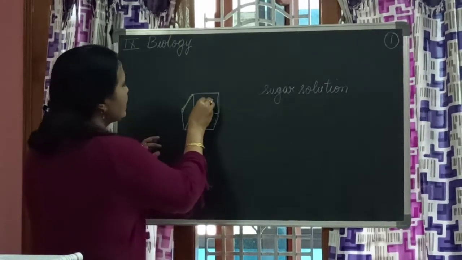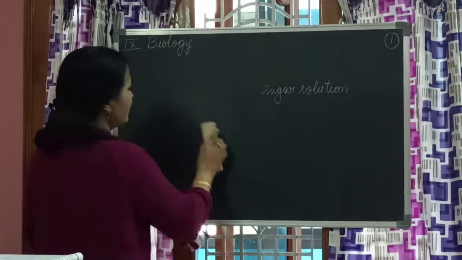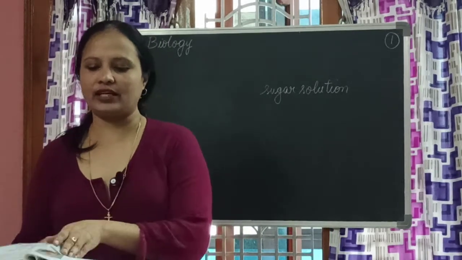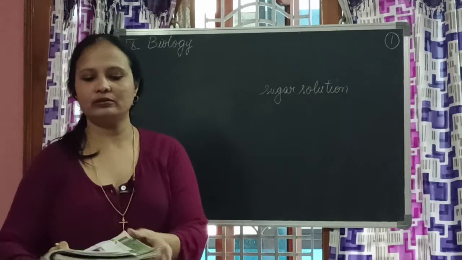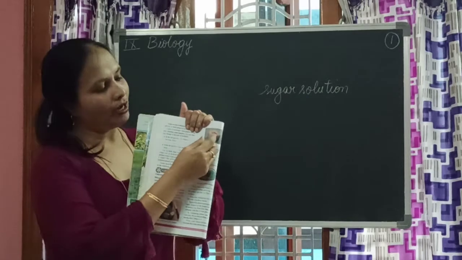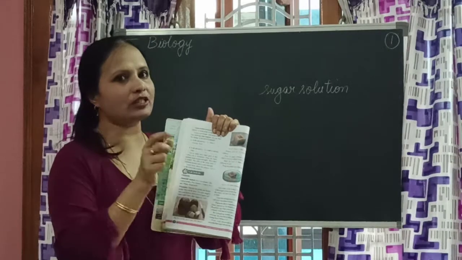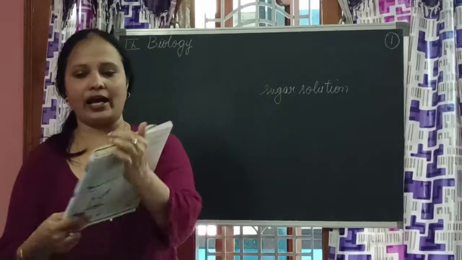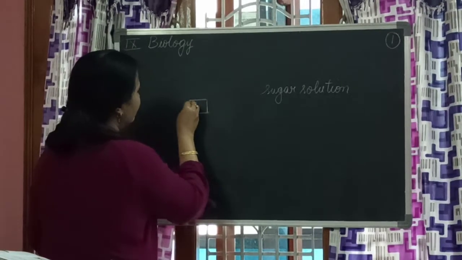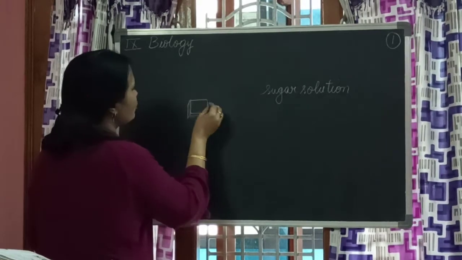Now, wherever you put the sugar solution, let us see how it is. Once you check your textbook, children, the diagram is easy for you to understand. It is like this, children. You have to cut the potato like this, a big cube. Inside, the pith material again has to be removed. That means cube sized pith material has to be removed. Into that, you are pouring the sugar solution like this.